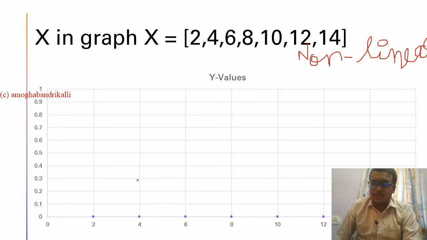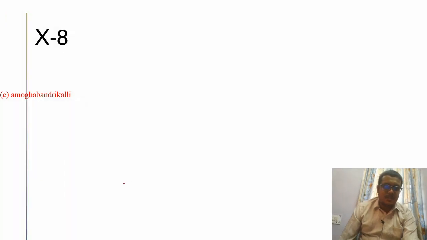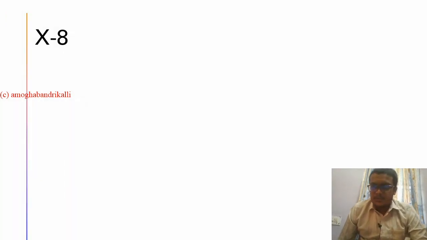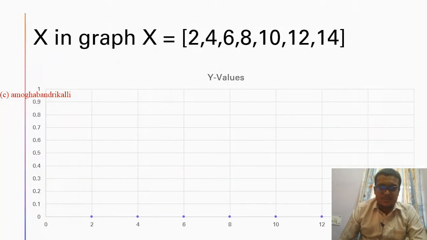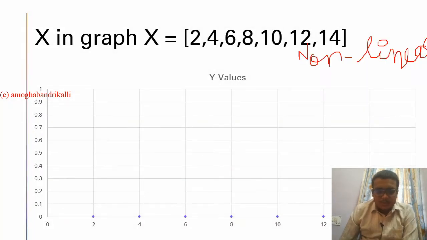So now your job is to make it x minus 8. So x minus 8 means this position will be shifted 8 times. So make it x minus 8 means 6 will be coming to the position of minus 1, minus 2, minus 3. So like this you are going to shift the values. So you are going to make x value as x minus 8.